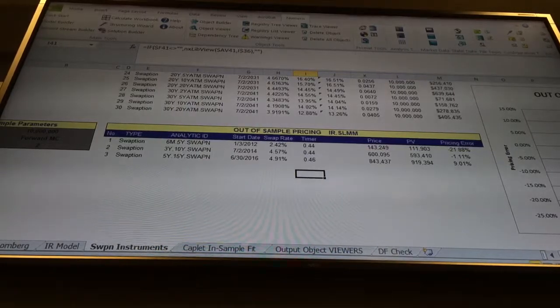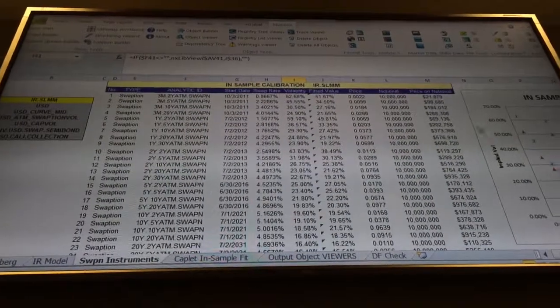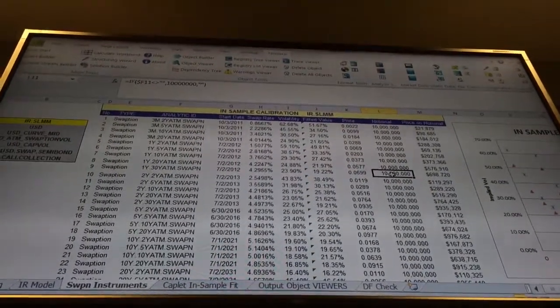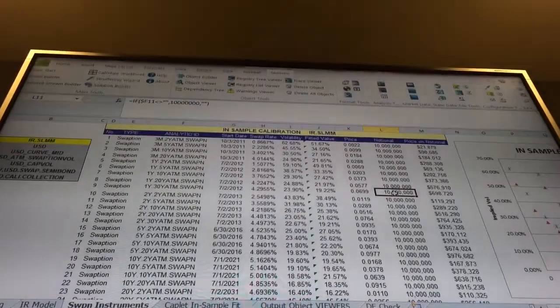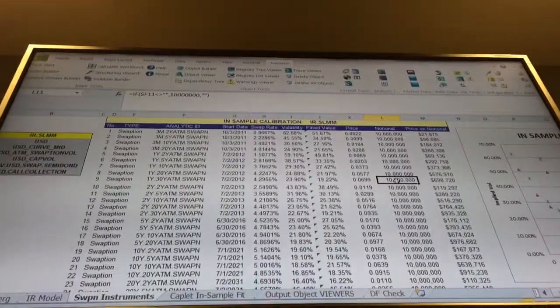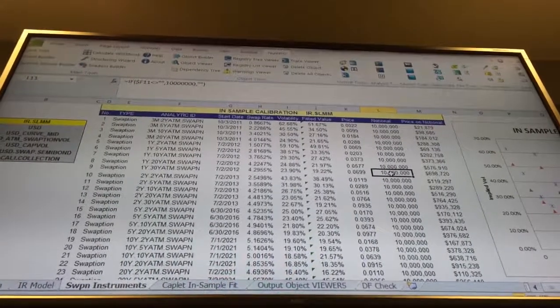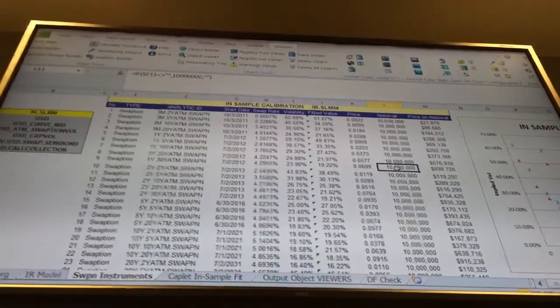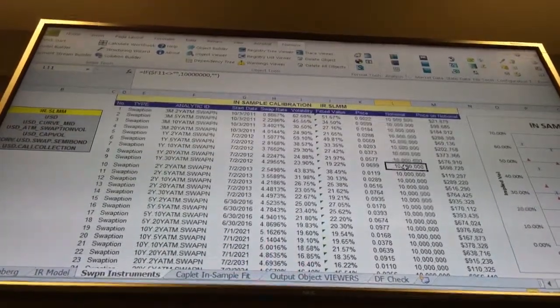Like I promised you, we're not going to be harsh in grading this section, but because it's already working, it's easier to play with. I mean, if you want to add a new swaption, if you want to add a new column, if you want to build some new viewer,